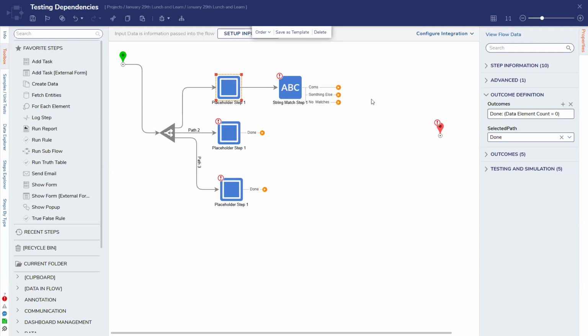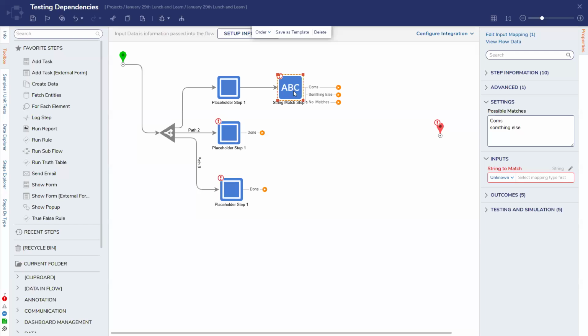Yeah. And then there's another complicating factor: on the top and the middle placeholder step, I want both of them to have one branch that comes together to a shared subflow. Okay. So if you put a string match step where the top placeholder is and the middle placeholder is,